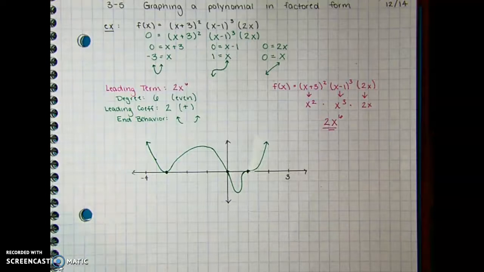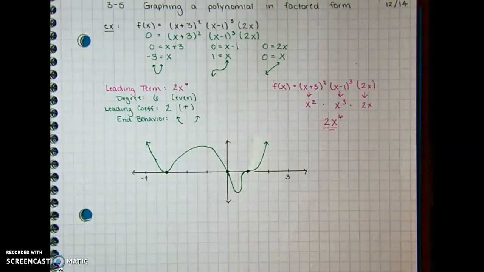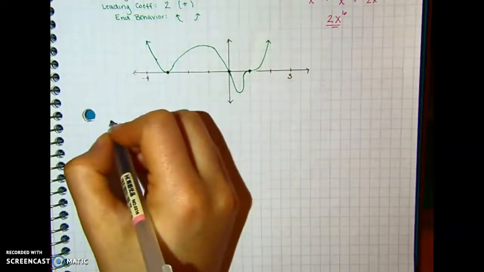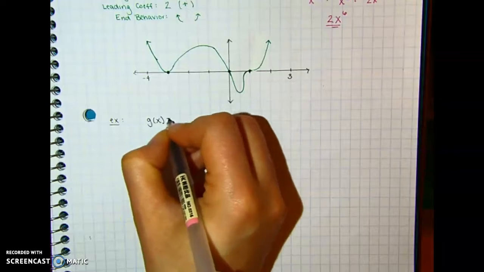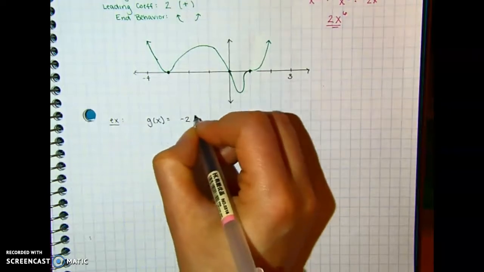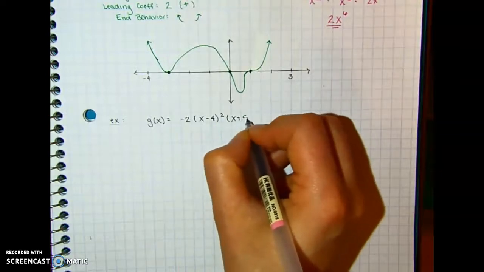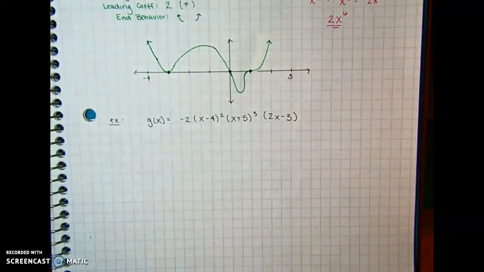So it's kind of a lot. So maybe let's do one more quick example. Alright. So for our next example, let's do g of x equals -2 times x minus 4 squared times x plus 5 cubed times 2x minus 3. So first step,